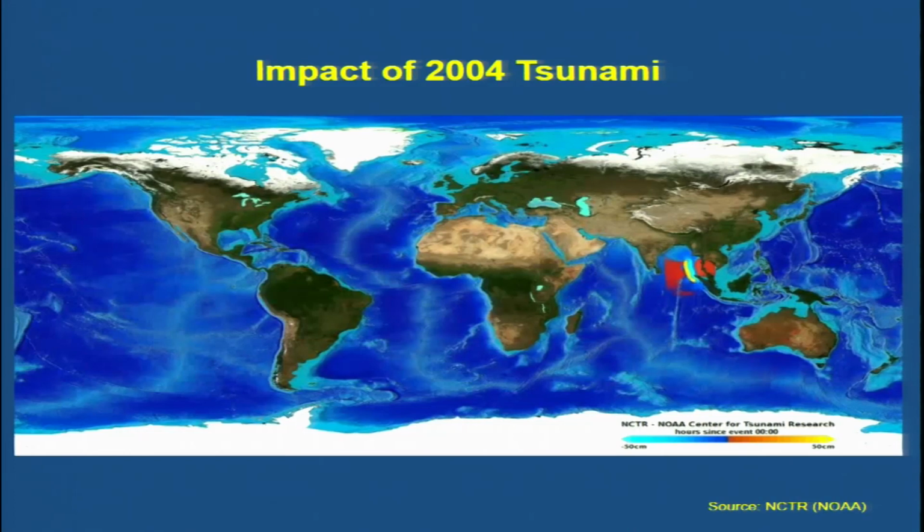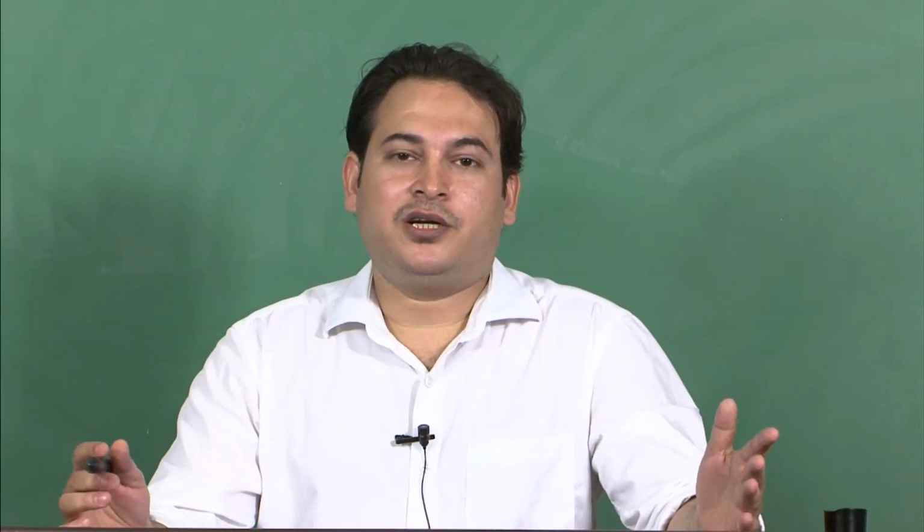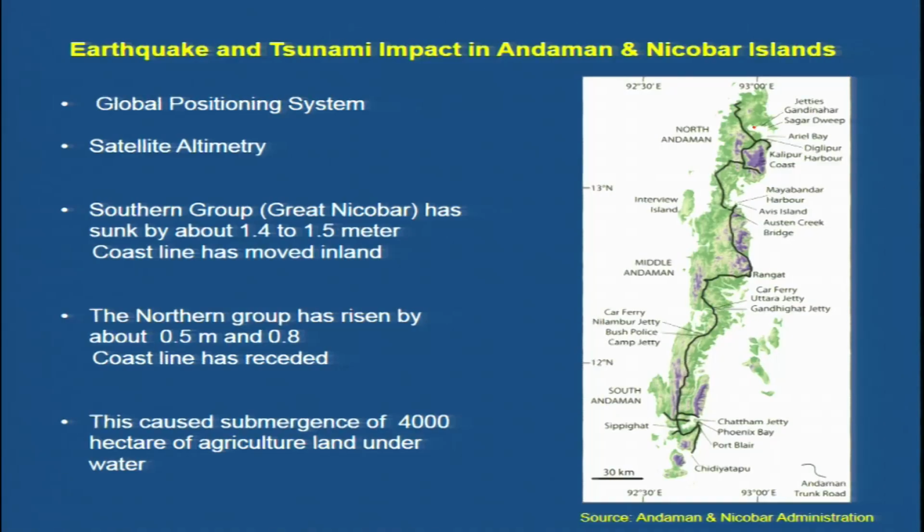So now what happened during 2004? So why am I talking about the subduction zones? Because subduction zones are responsible for the largest magnitude earthquakes, and those earthquakes cause changes in the landscape as well as changes in the surface morphology. So the names which are given here on this map are showing the areas which were affected in terms of uplift and subsidence and in terms of tsunami wave impact.